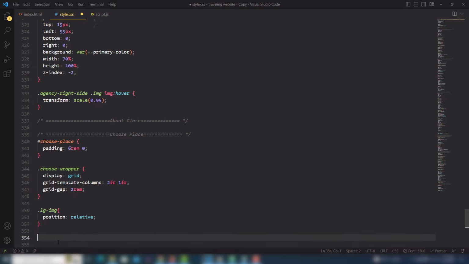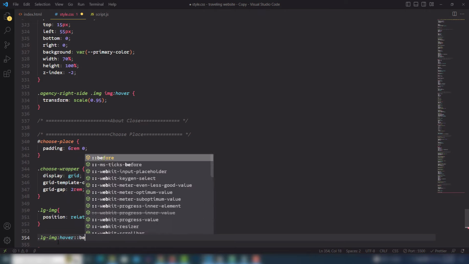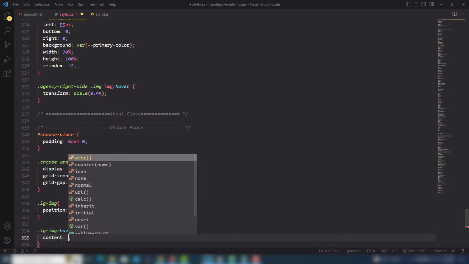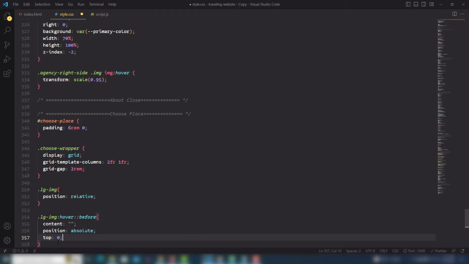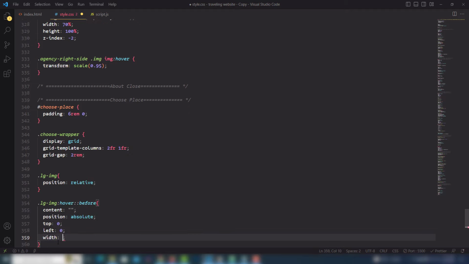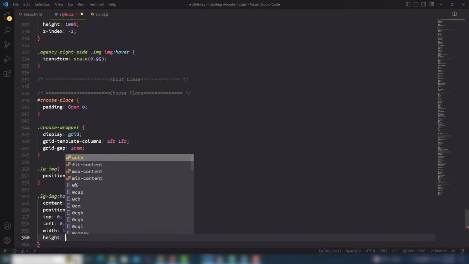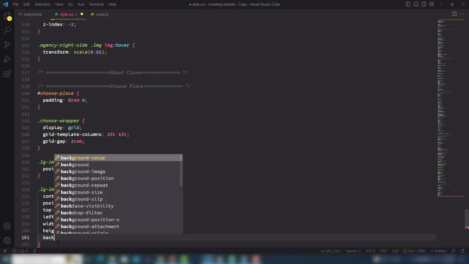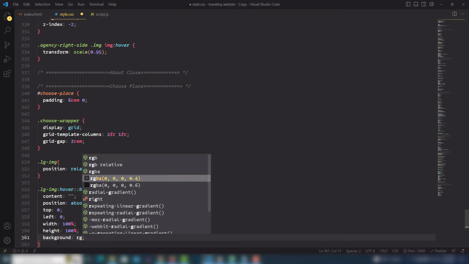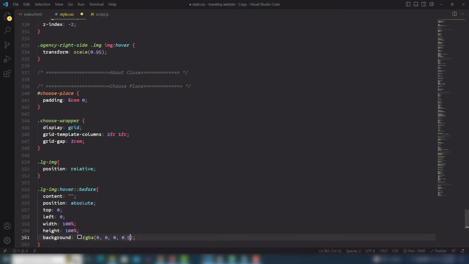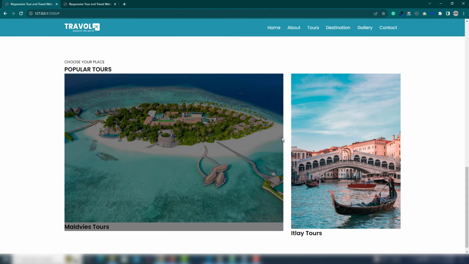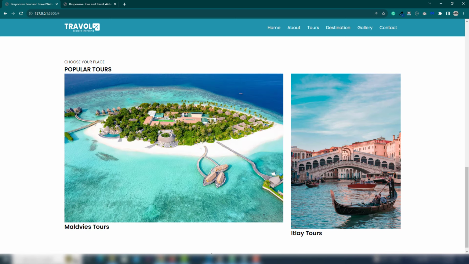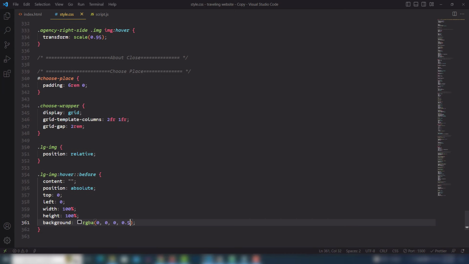Then I need to select the IMG column before. I'm going to use content none. Position I need to use absolute, top 0, left 0, width 100%, height also 100%, and I'm going to use background RGB 0.5, and we're going to save it, and let's look at that. Right, as you can see, when I hover the mouse on the particular link,